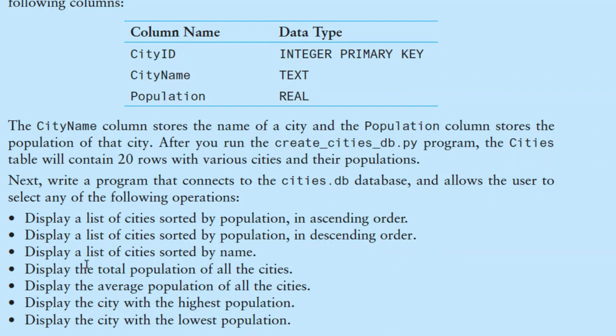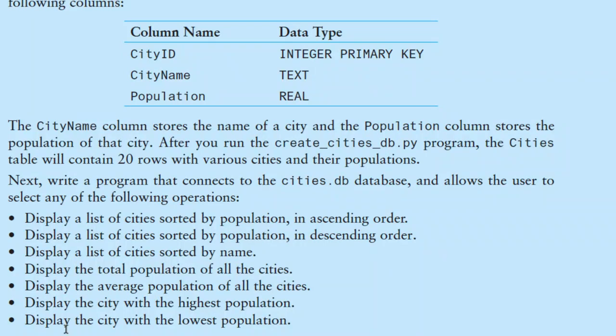The next operation is to display a list of cities sorted by name, an alphabetically sorted list of the cities. Next, we have display the total population of all the cities. Next, display the average population of all the cities. Next, display the city with the highest population,